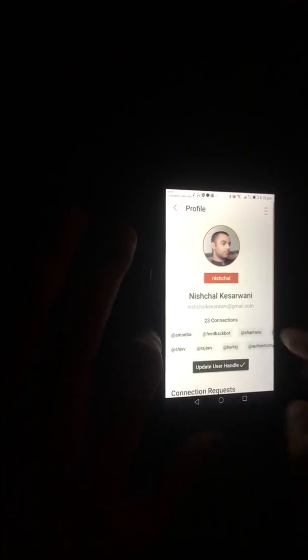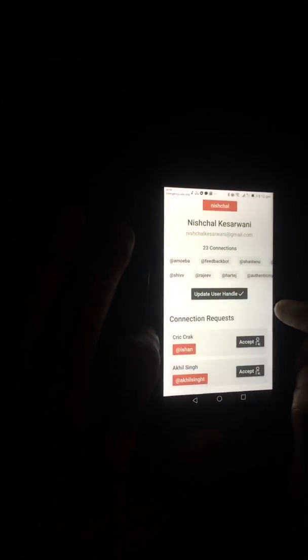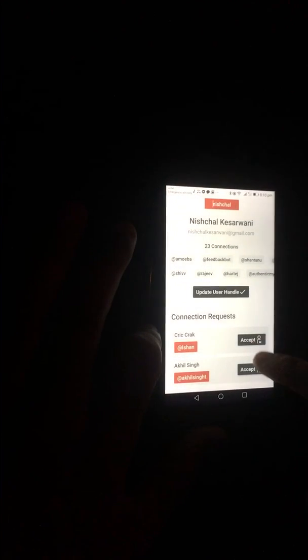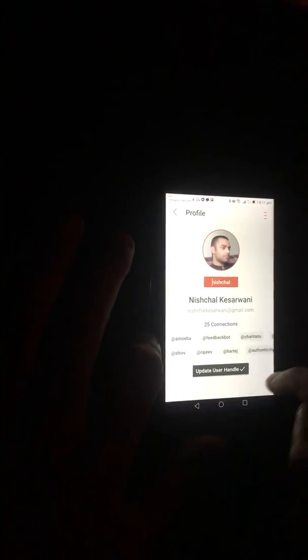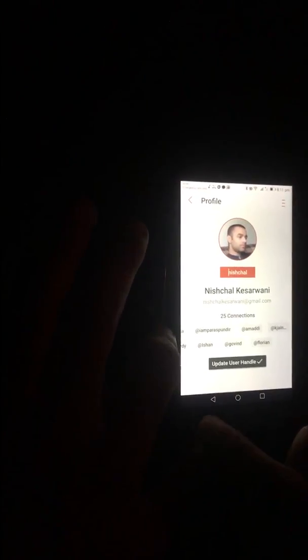I want to show you now something very exciting. I've demonstrated dashboard to you, I've demonstrated chats to you, I've demonstrated notes to you. Here are the notes, and let me demonstrate profile to you. This is what the profile looks like. I have some requests I will accept because these are my fellow collaborators. Accepted. Now I'm connected. Now we'll go to my profile, and those requests are not there. This shows my connections.